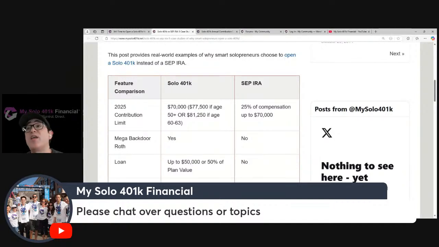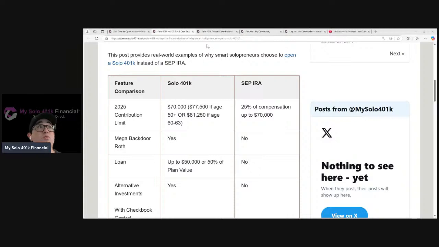Whereas with the solo 401k, you have multiple buckets that you can fill up. You, of course, have that same employer bucket that applies to the SEP, but in addition, you can make employee contributions. Moreover, if you have a plan like ours that allows it, you can make voluntary after-tax contributions, which is not even covered by that bar graph, which are contributions that can end up in a Roth account. Voluntary after-tax contributions are how one makes mega backdoor Roth contributions. So from a contribution perspective, a solo 401k is much more powerful because you have more buckets you can fill up. Moreover, you can fill those buckets up faster, right?